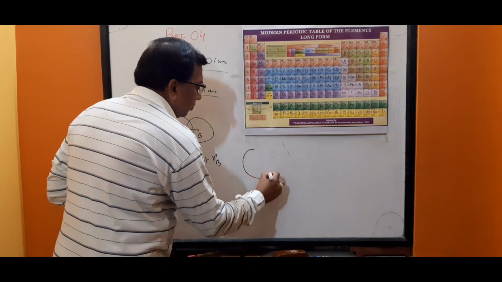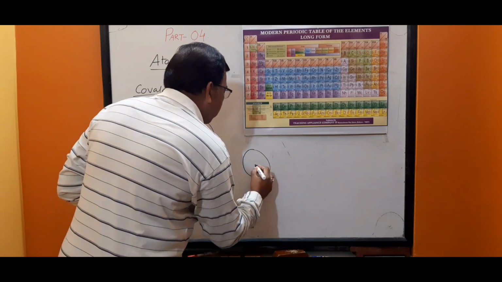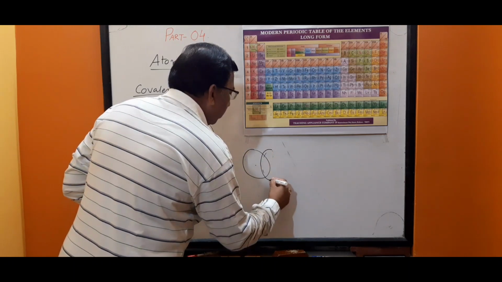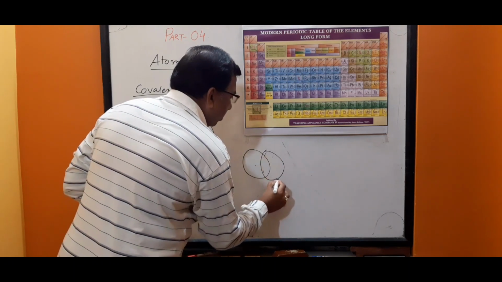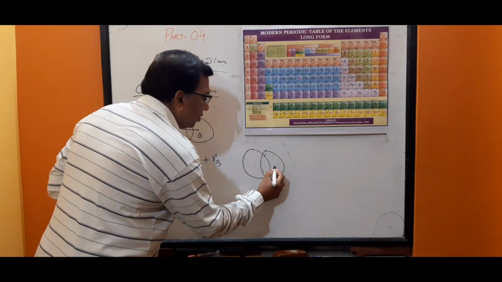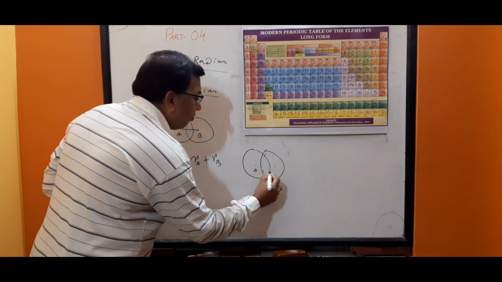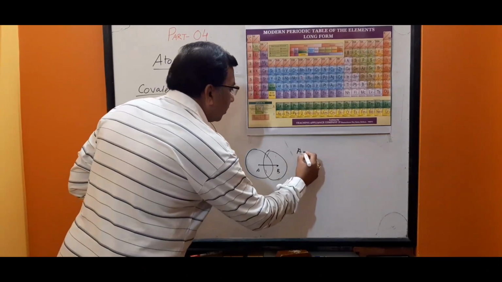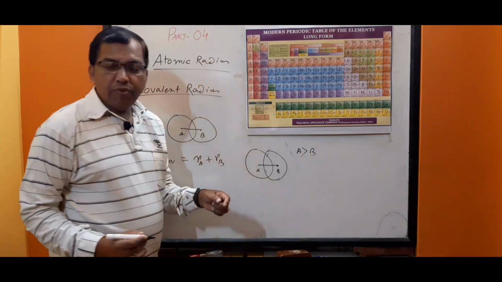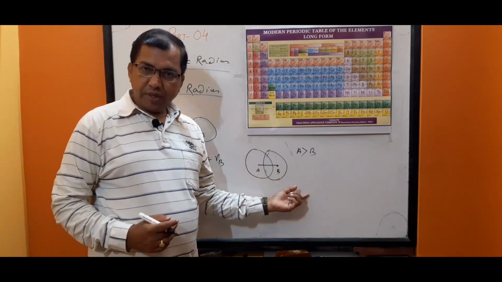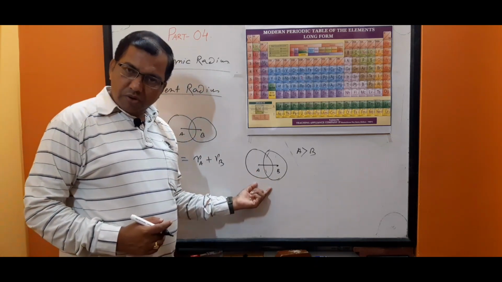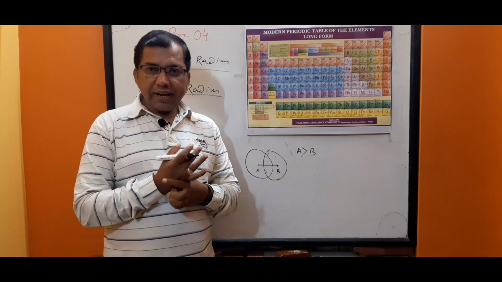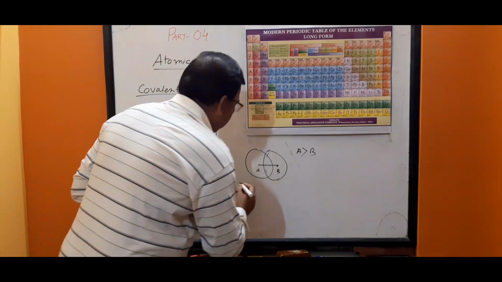Suppose this, and in this case the bond will be a little bit in this way. Here is atom A and atom B. In this case, the electronegativity of A is greater than the electronegativity of B. In this case, what will be the covalent radius? Ra plus Rb. So, covalent